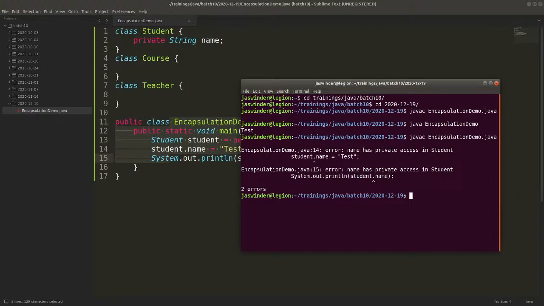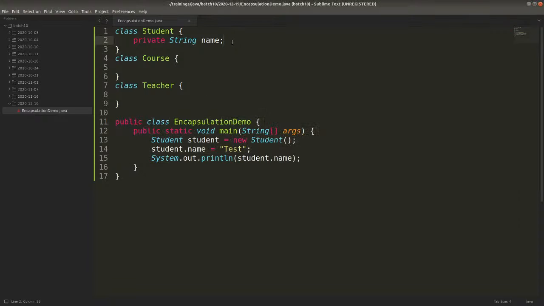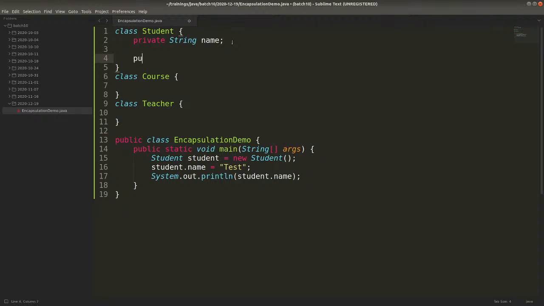So for this, you are going to create a proxy method, where you will have the control to see what value is coming, whether I should save it inside my name variable or not, and what value should I return. Maybe you want to change the value a little bit. You can change it before returning it to the client. So I can write public void